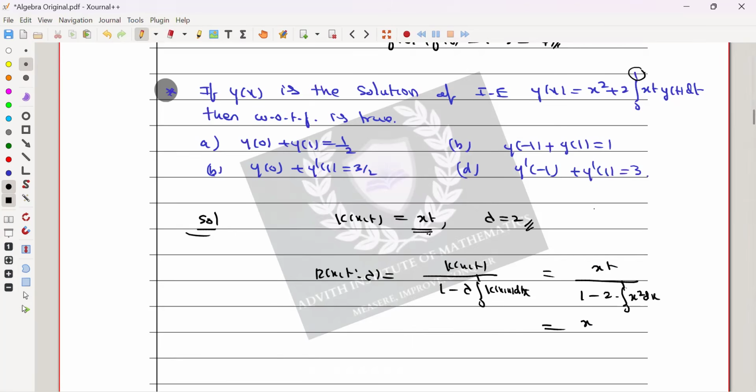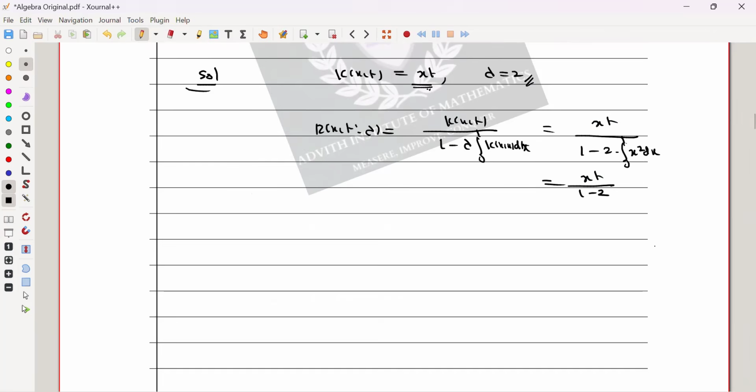So which is equal to xt by 1 minus 2 into x cube by 3, limits from 0 to 1, that is 1 by 3. So which is equal to 1 minus 2 by 3, which is equal to 1 by 3, sir. So xt by 1 by 3, that is 3xt. So therefore the resultant kernel r of x, t, lambda is equal to 3xt, and so the general solution is equal to